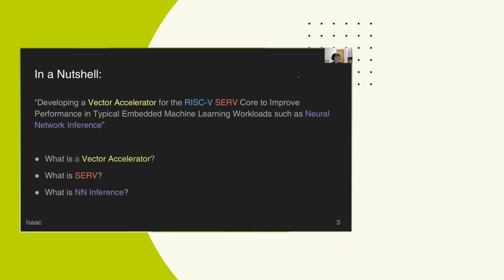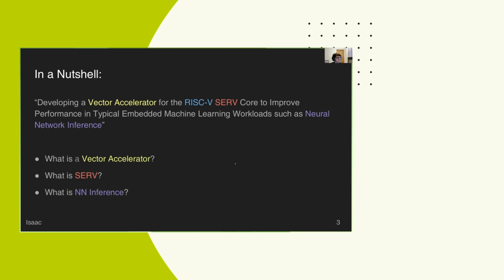So SERV is an award-winning processor developed by a very smart chap called Olof Kindgren. It uses a bit-serial design, which means that instructions are executed 1 bit at a time. For example, an addition operation would take 32 cycles to execute, since it's a 32-bit architecture. So the least significant bit of each value would be added, and then a carry bit, and it would continue using the same hardware for each, which significantly reduces the logical size of the processor. And as such, SERV is supposedly the world's smallest RISC-V processor.